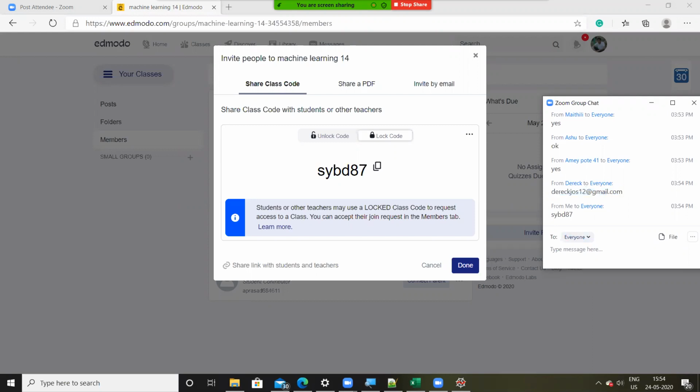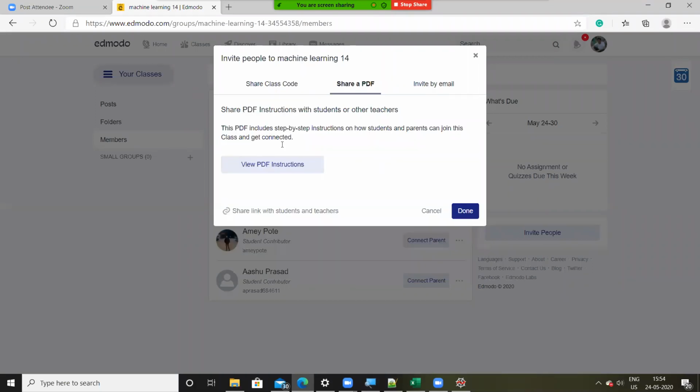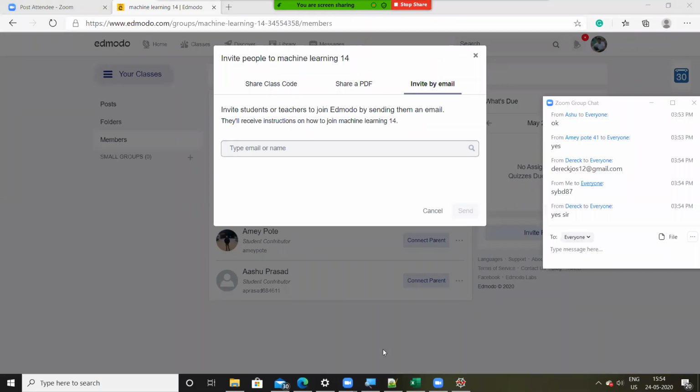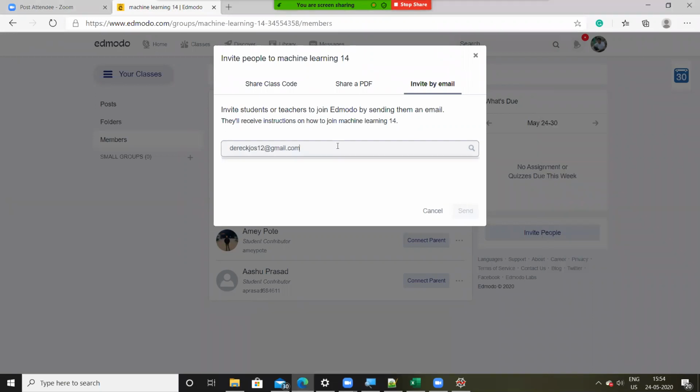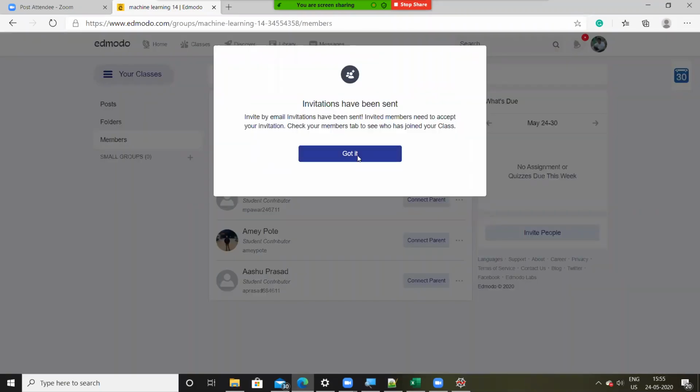Perfect. Just join with this code, or let me see if I can share it with you. Please join this group, Derek. I have added your email address and sent you an invitation.